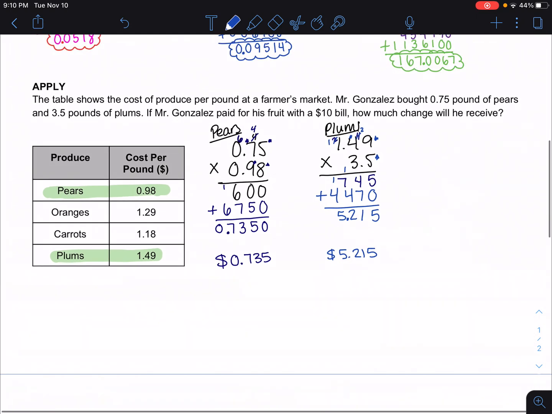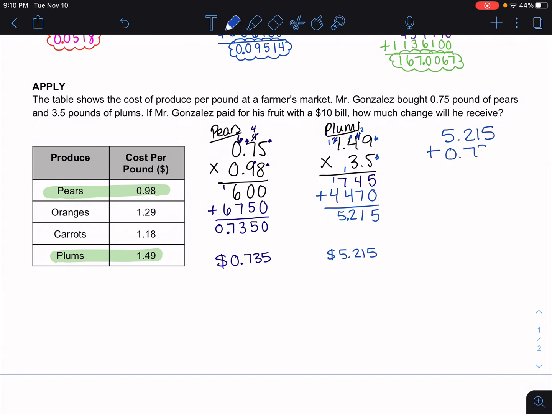Now I'm going to find the cost of the two of them together. So I'm going to do 5.215 plus 0.735. 5 plus 5 is 10. Carry the 1. 3 plus 1 is 4. Plus 1 more is 5. 2 plus 7 is 9. And 5 plus 0 is 5. So the total cost is $5.95. If he paid with a $10 bill,